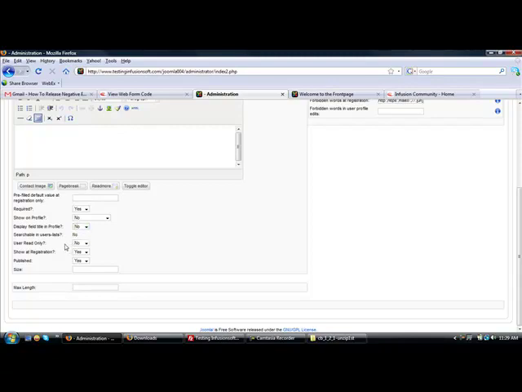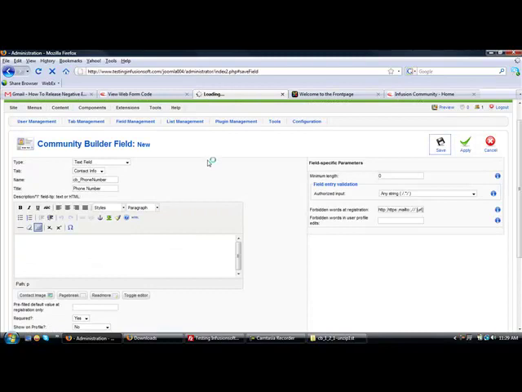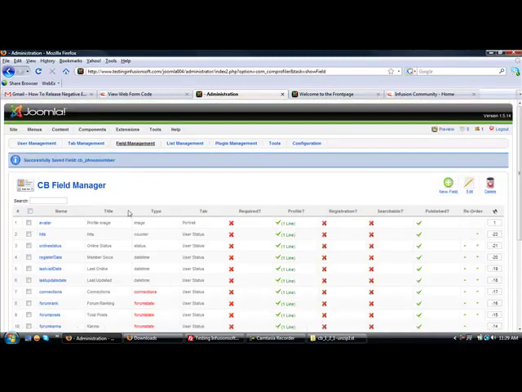No. Can the user read only? We're going to say no, and read only means you can't change it, so if we say no, that means they will be able to change it. Show at registration, yes. Published, yes. Max length, we'll just say 20, should be good enough, and save that. So now that this field was saved, if we go back to our plugin management